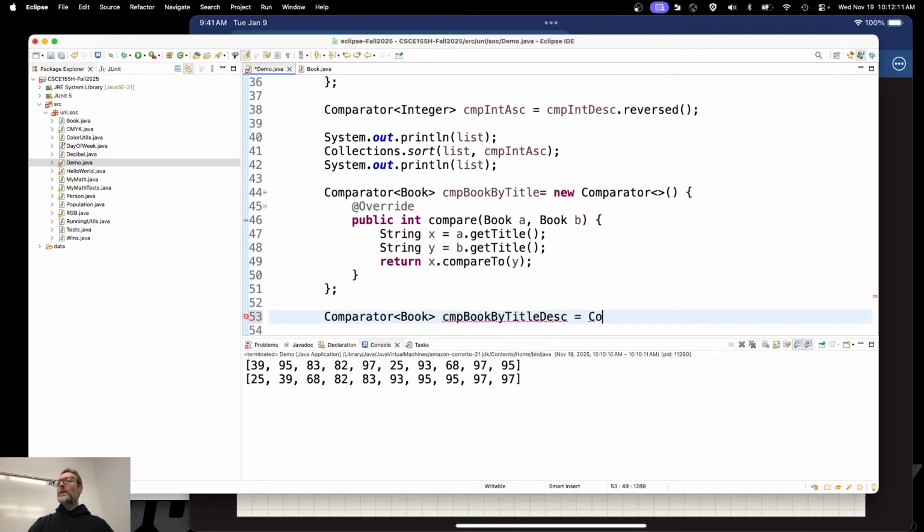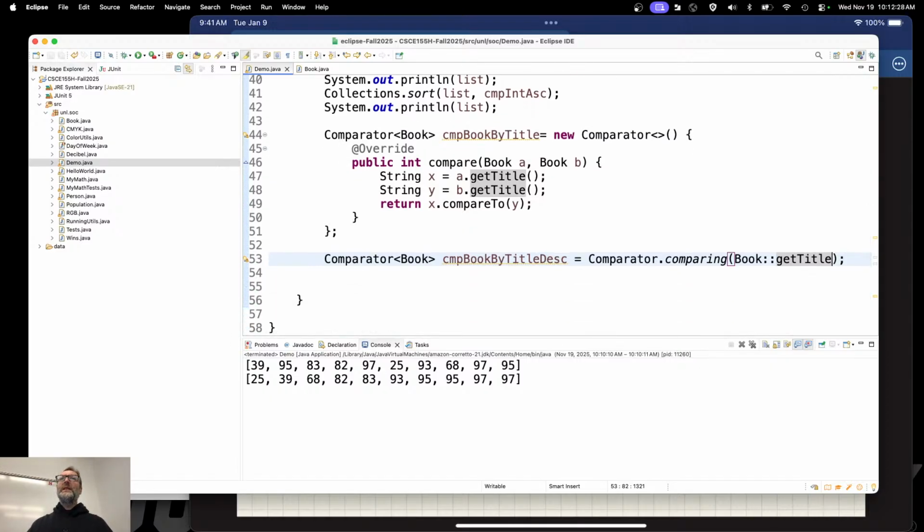Is equal to Comparator.comparing(Book::getTitle). Is that the correct syntax? Nope, just there. There we go. So that's kind of like a function pointer like we just did in C, but it's not a function pointer. This is actually taken from, I believe, C++, or it's inspired by C++. It is a class function grabber, or selector, I guess is what they call it. If this is the class, this is a method in the class, then this is your way of selecting the method within that class, right?